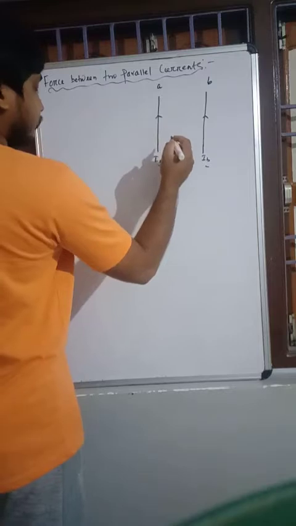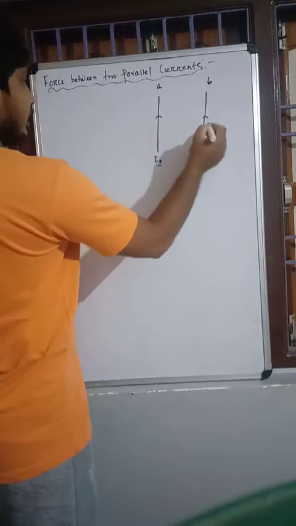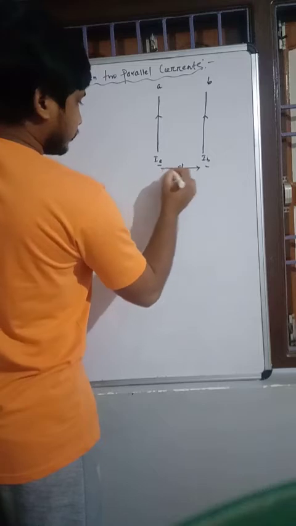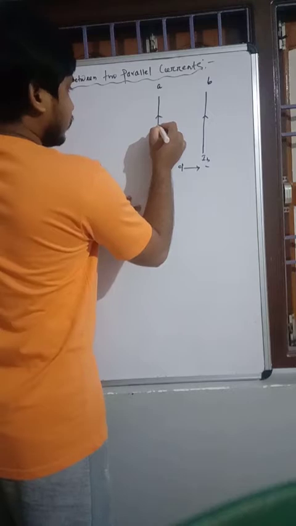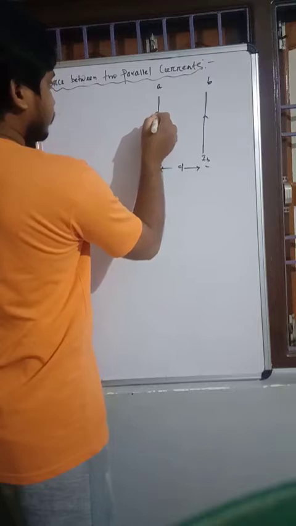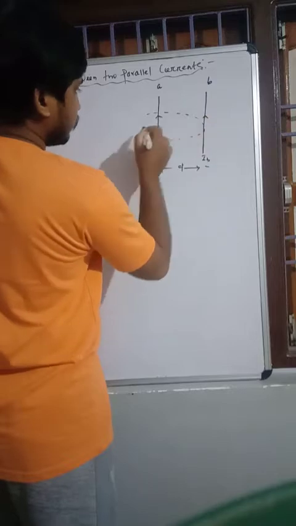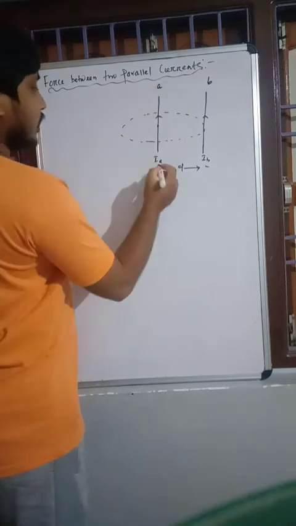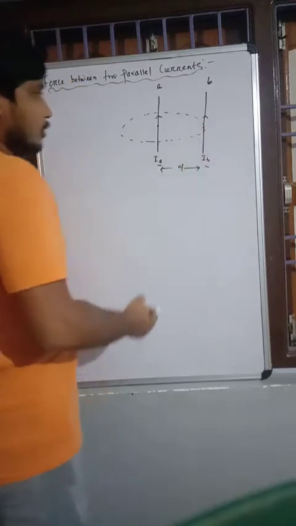Suppose here in this conductor IA is the current flowing, and it will produce a magnetic field around it. Let the distance between the two conductors be d. So considering the center of this magnetic field here, we can construct a circular loop. Right. So this is the magnetic field which is produced by the current element IA, and here we need to find out what will be the magnetic field.